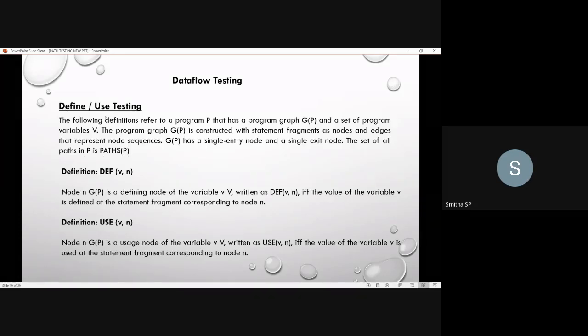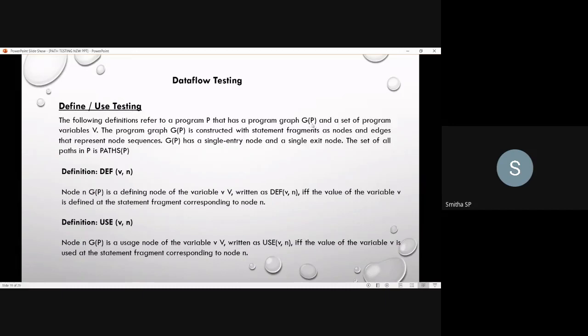What they have said in this definition is that we will be constructing a program graph for a program P. For the program P, a program graph G of P will be constructed.